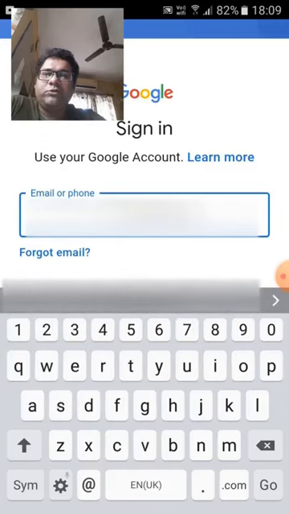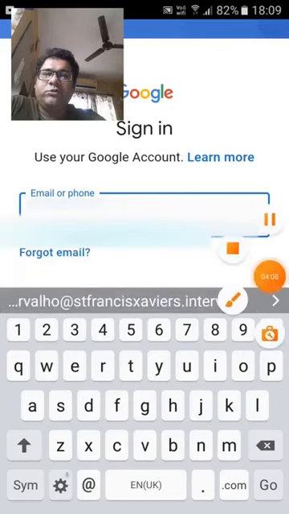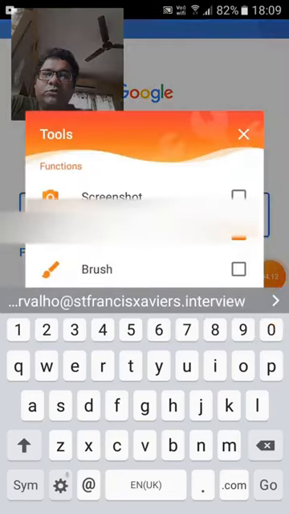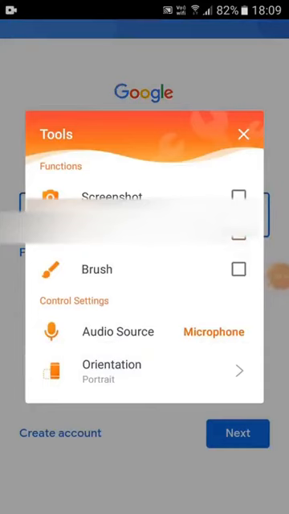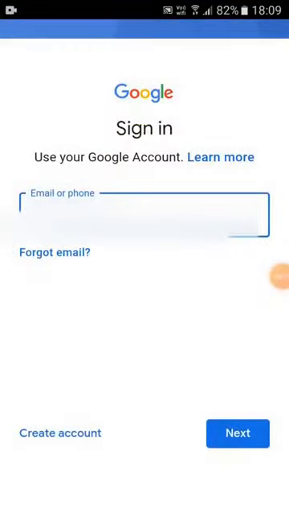Be mindful that all the letters are correctly entered. If the email address is wrongly entered, then it will not show. You will get an error. Now after you have entered the email address, click on next button.